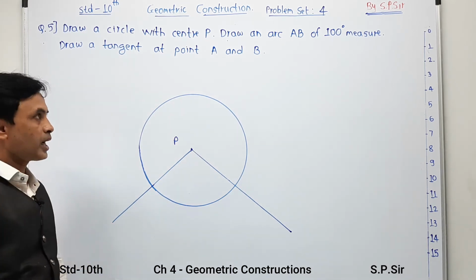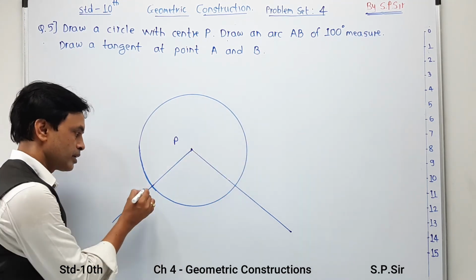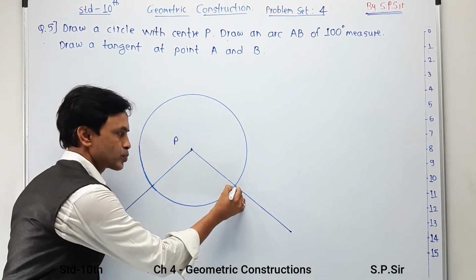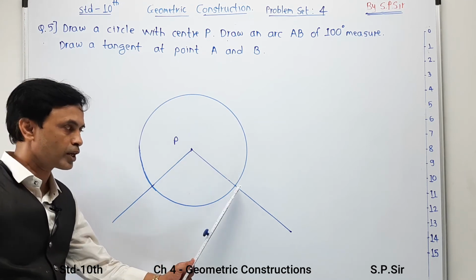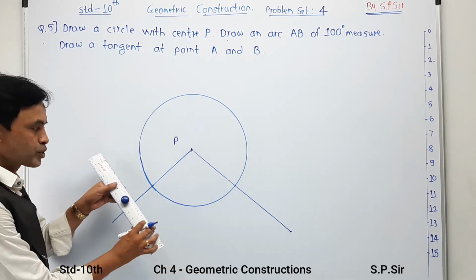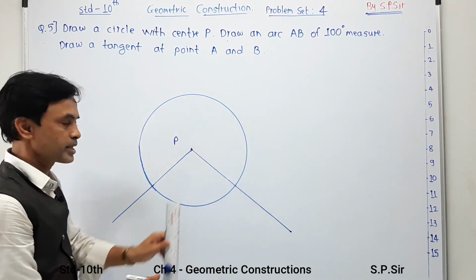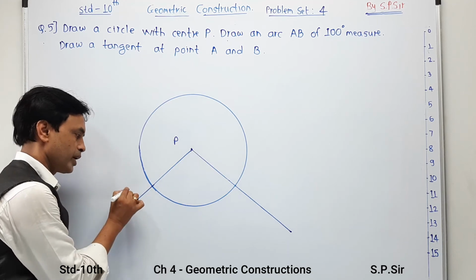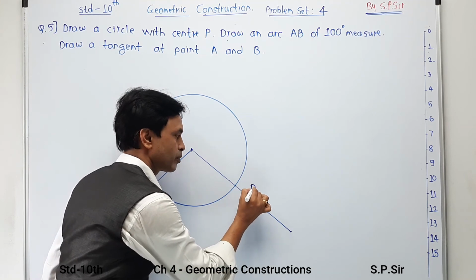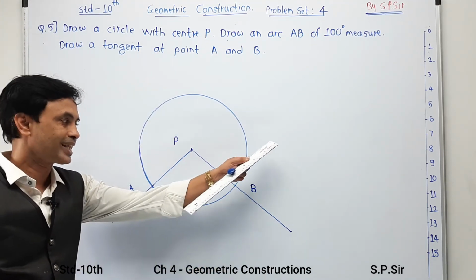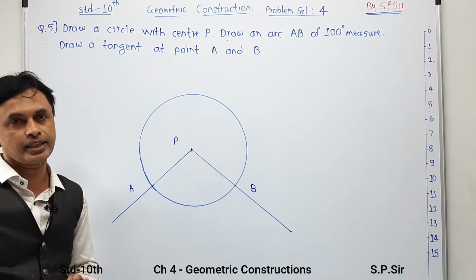Now the next procedure: I am going to give this arc, as per the name, arc AB of 100 degree. So I am going to indicate this point A and this point B. Student, pay attention. Don't write A very close over here and don't write B very close over here. Why? Because you are going to draw two tangents in this manner, and in that case definitely space is required. So after indicating the point, write your point A away from this section and write the point B away from this section. Why? I already told that you have to draw a construction in the form of tangents over here. This is the first technique that I have given over here.